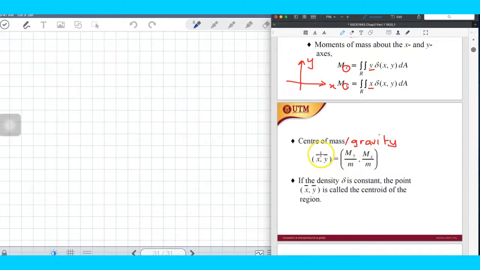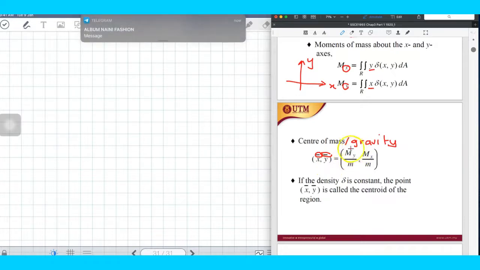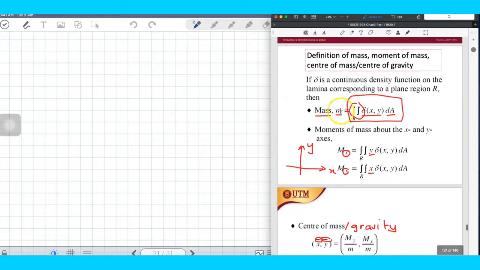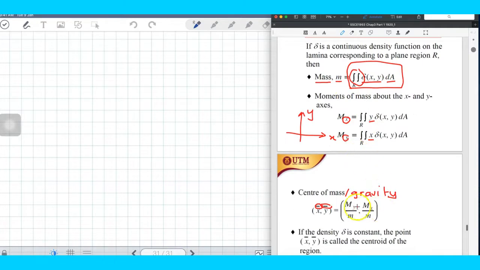Okay, so normally we put the bar here, just to let us know that this is about the center of mass or the center of gravity. Then you have to use the moment of mass divided by the mass. Meaning that if the question is asking for the center of mass or the center of gravity, first you have to compute the mass, and then after that the moment of mass,